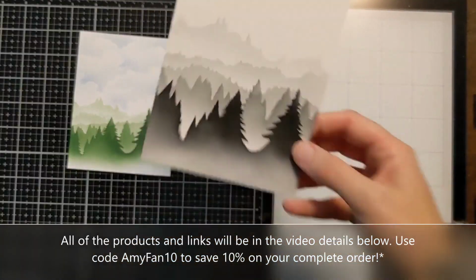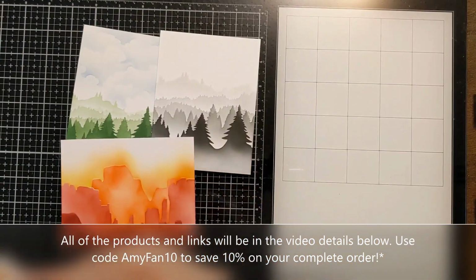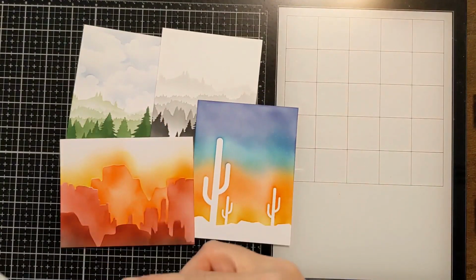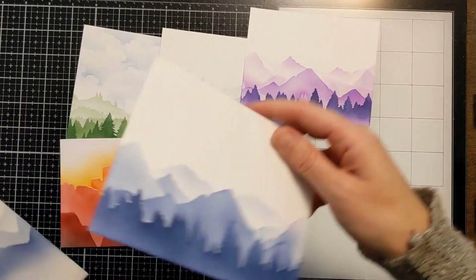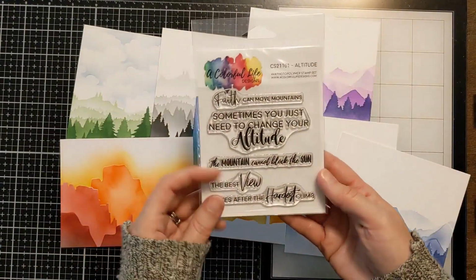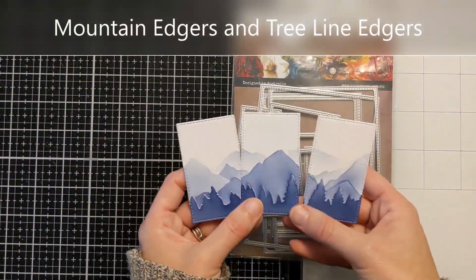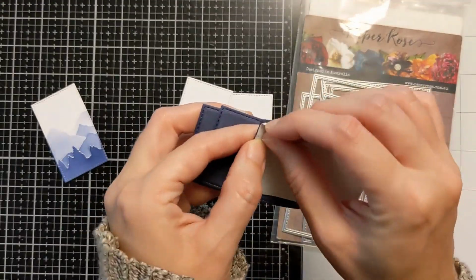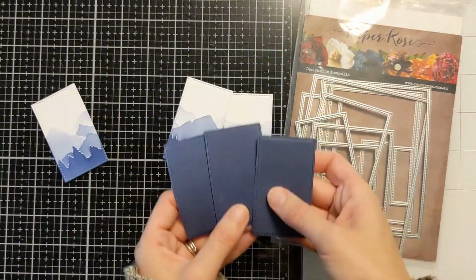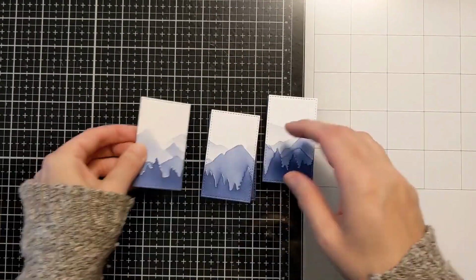In this video I'm going to finish some of the cards from the panels that I made previously, and that's what I'm showing you here. This August release at A Colorful Life Designs is amazing, and it's special because it has a stamp set, as you can see here. I have it all sped up because I don't want to take all day. But I'm just showing you some of the techniques that I used to turn the panels